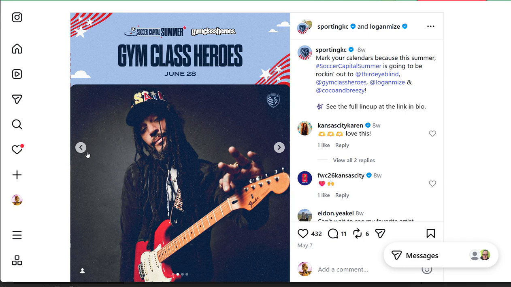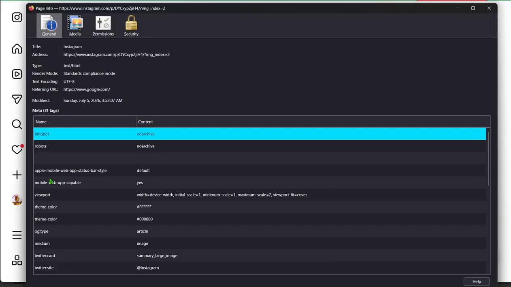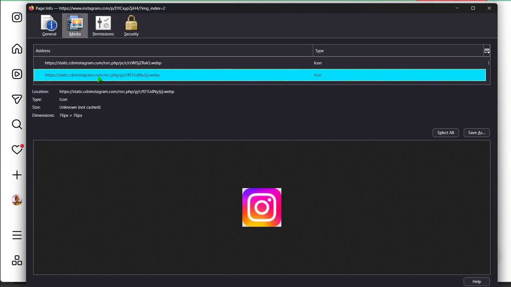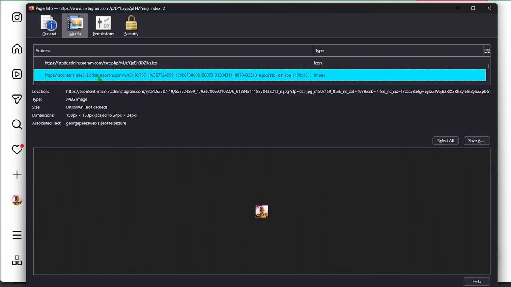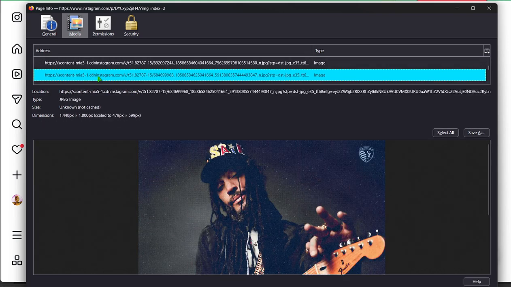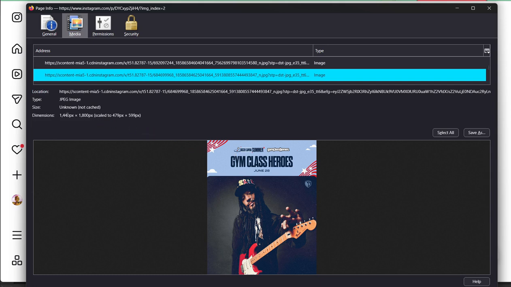Obviously, if you take a screenshot of this, you're going to get the swipe buttons. On Firefox, that's the browser I use, I'm not sure if it's going to be available on Internet Explorer, but I'm sure it works the same way. I don't use Internet Explorer, so I couldn't tell you. But on Firefox, you can press Control I to bring up the page info. Under the page info, there's a media page. These are all the images that are on this page. If you scroll down to the image you want, this is the image we want. You can download the original